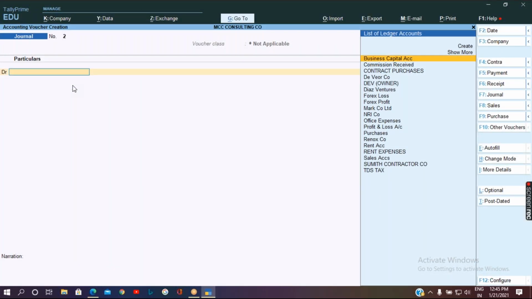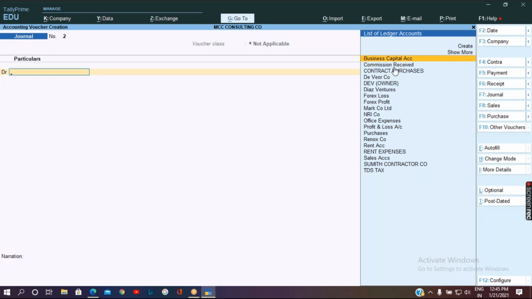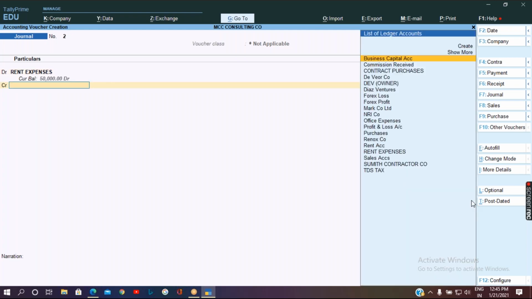The first ledger to be debited is always the expenses, that is rent expenses. Let's assume we are paying a rent of 50,000. Then credit the party to whom we are supposed to pay. So let me take the owner.